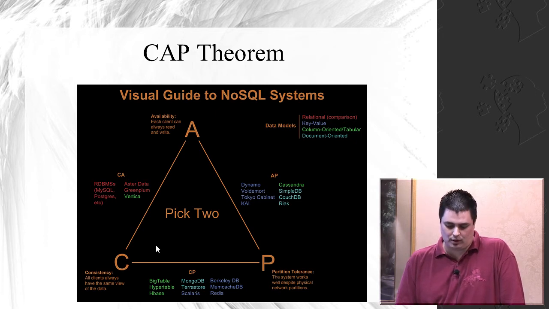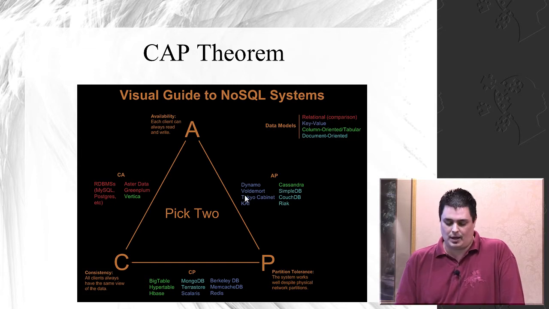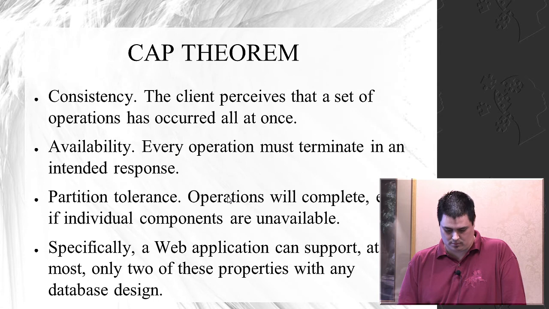With NoSQL, instead, you have a different approach where they're giving up consistency a bit. They're saying, well, we need to be able to scale out. We need to have multiple nodes. So as a result, we're going to be available, and we're going to have partition tolerance, but we're going to sacrifice some consistency, which means as a programmer, you may deal with people who insert changes to the same record on two physical nodes, and now you have to deal with that problem. That's basically the gist of it. And as you can see, this document lines them all up. Let me see if there's something I missed.